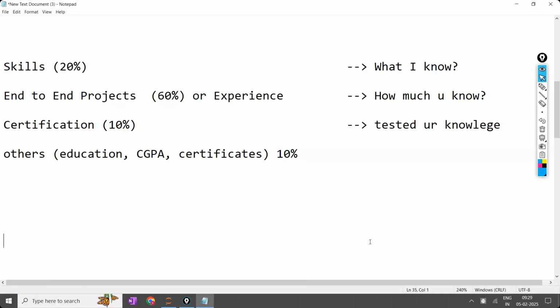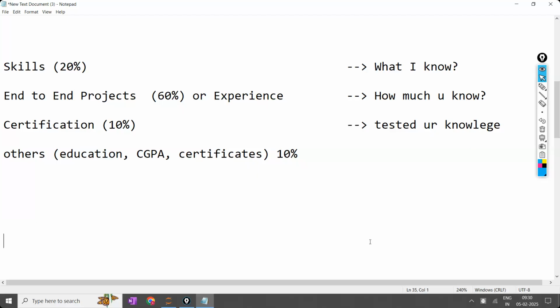If you know how to open it and create a basic bar plot, what will you say to others? "Yes, I know Power BI." You know only the basics of Power BI, just the bar plot, but you will simply say, "I know Power BI." The person who knows the entire Power BI perfectly will also say, "I know Power BI." Then what is the difference between them? Saying "I know Power BI" is very simple. Saying "I have done multiple projects on Power BI" is difficult.